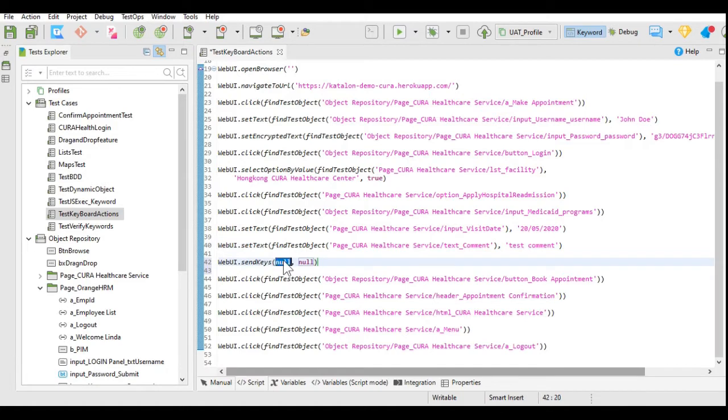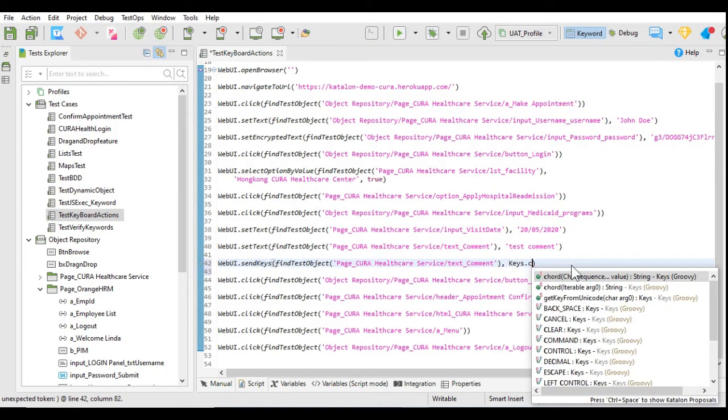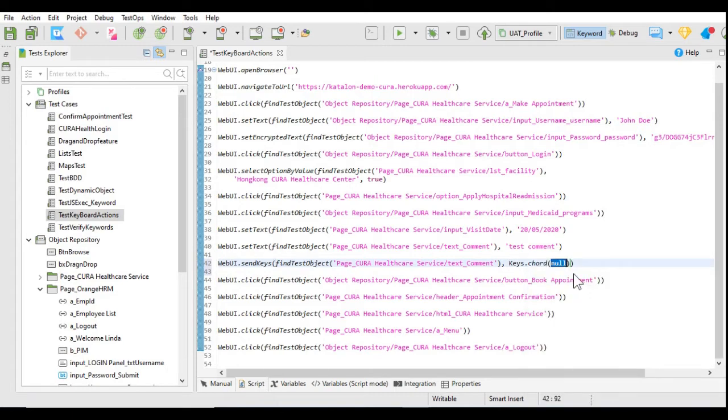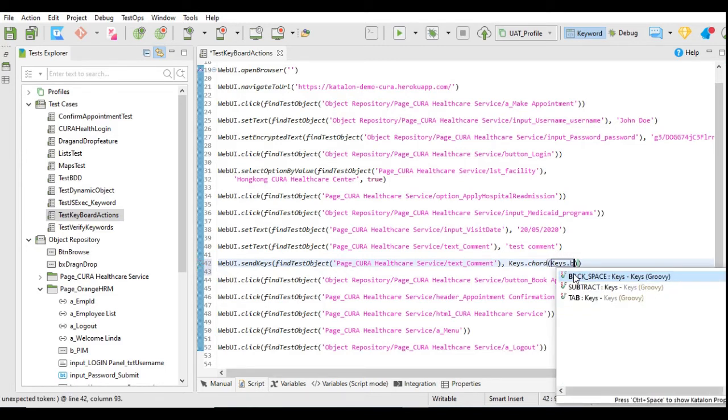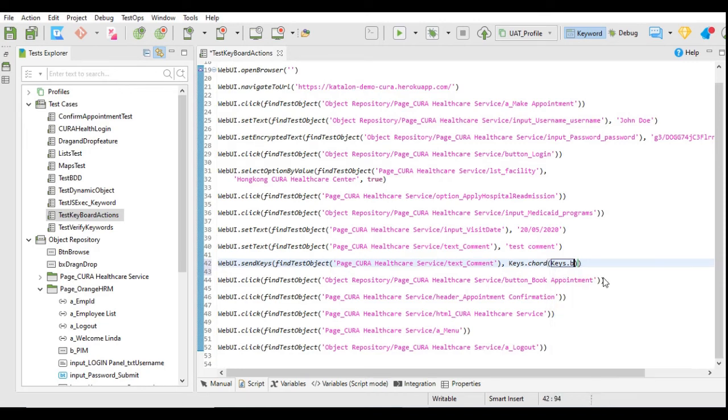I will give this object, that is the comment text box, and I will enter Keys dot chord, and in this I will mention Keys dot, and I'm going to use the backspace key. So I will say BACK_SPACE, and here you will get the backspace key. Now I will save this and we will execute this.